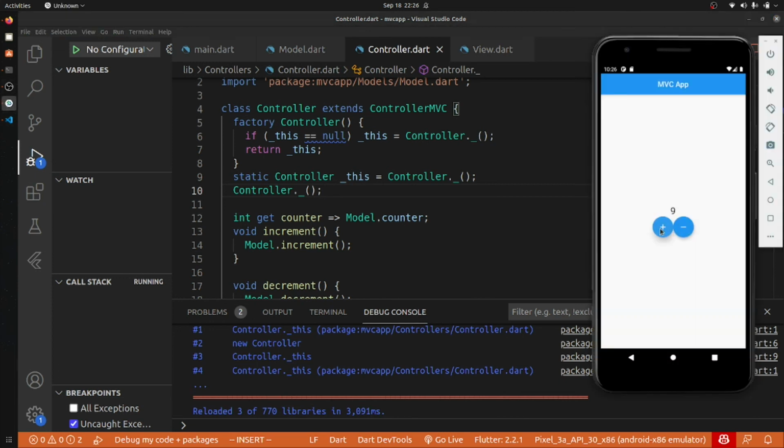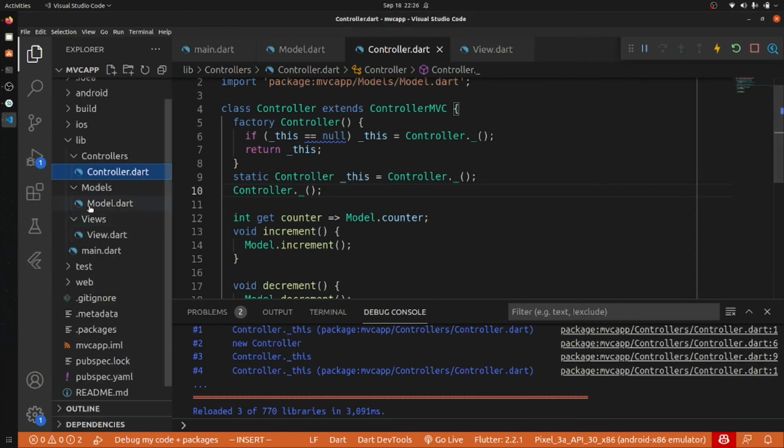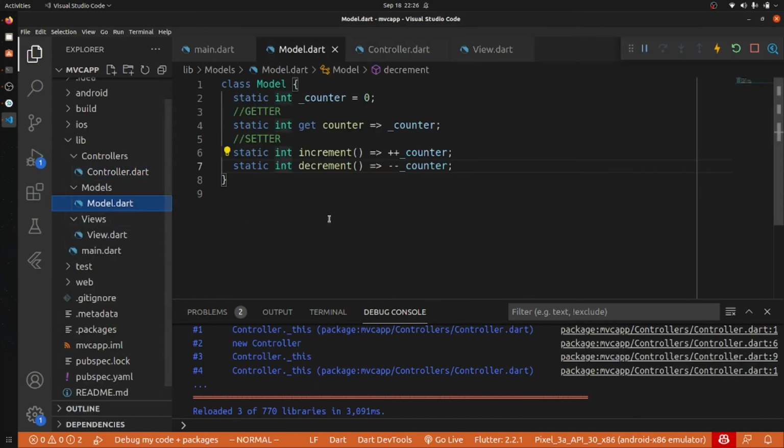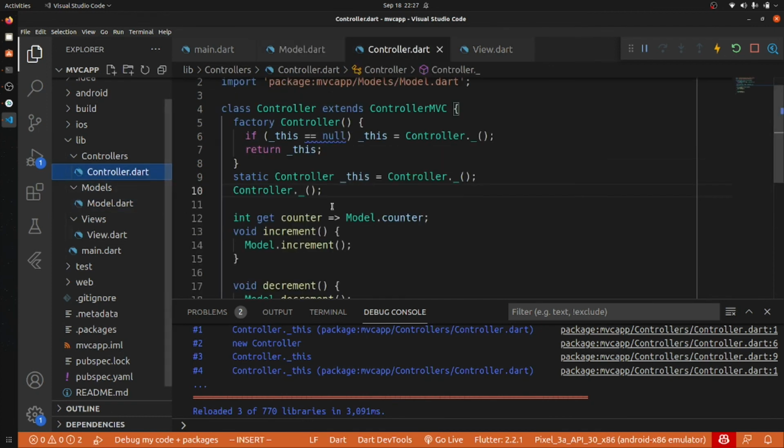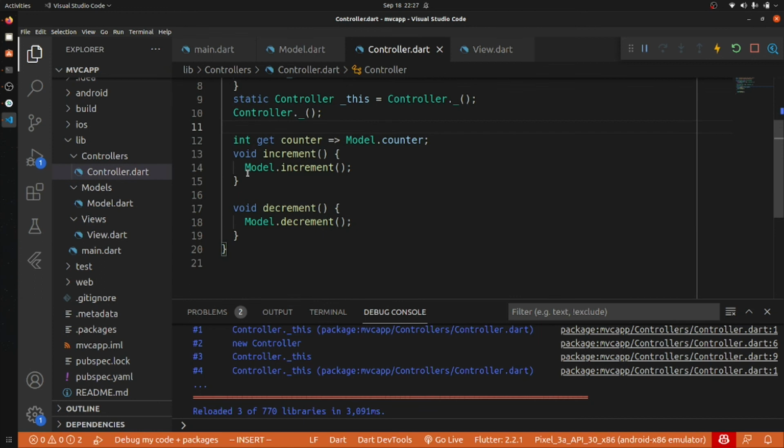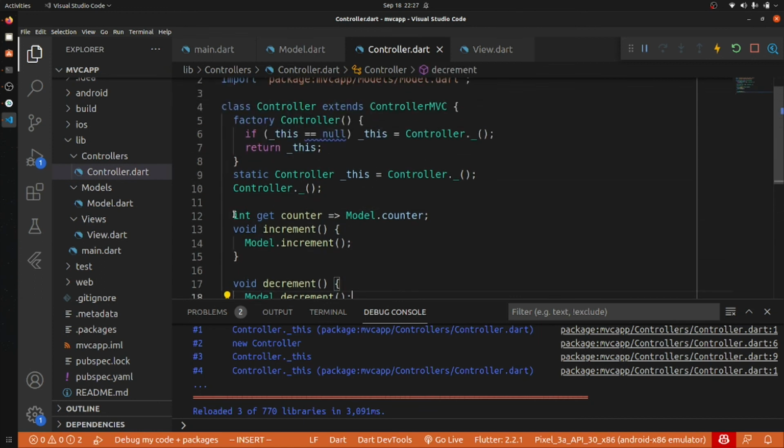So let me just wind up everything. Firstly, we have created a model class in which we have a counter, a getter for the counter, and increment and decrement operators. Then we have created a controller that just calls the model increment and model decrement, and the model dot counter using that get functionality.